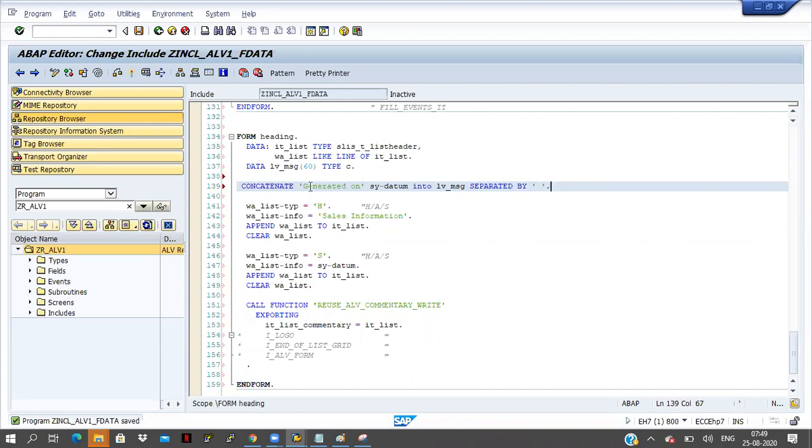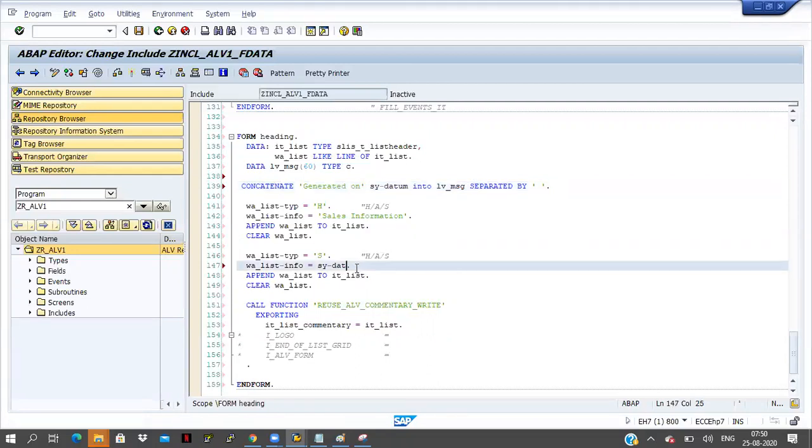Generated on is hard coded, and SY-DATUM is the current date. These two things I am concatenating into LV underscore MSG, so the value is generated on 25/8/2020. That LV underscore MSG I am passing to the internal table IT list info.